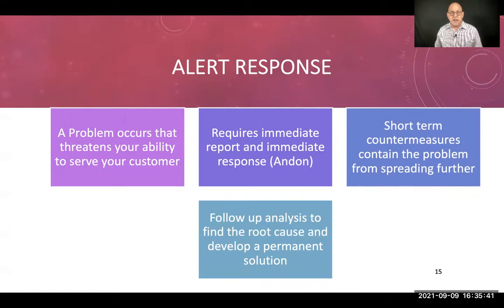And so we put in place an andon system that allows whoever experiences the problem to signal to their supervisor and the rest of management that they've discovered a problem and they might need help. And then we respond to that. So we apply short-term countermeasures to get it under control. And then we want to do follow-up analysis to find that root cause and make sure we get a permanent